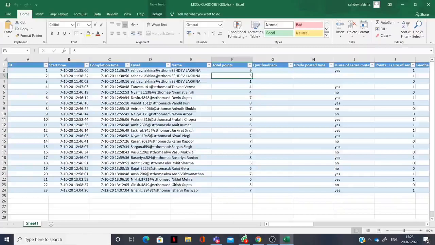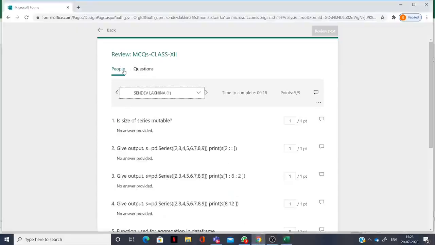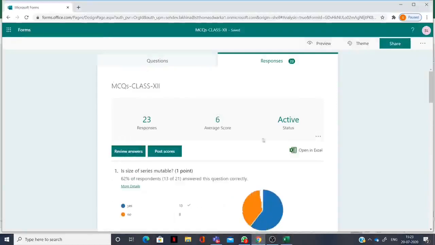I recommend that all of you use this review answers option, and only after that click on open in Excel. If you open in Excel directly without using review answers, then you have to manually make changes in the Excel sheet. So first of all use the review answers option.